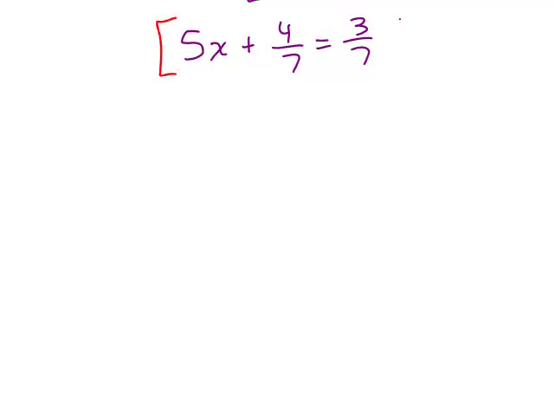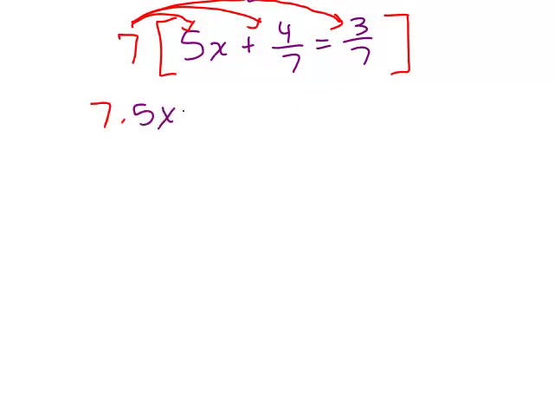And the way I like to do it is put brackets around the entire equation, and then I'm going to say what I'm going to multiply both sides of the equation by, but I'm only going to write the 7 once. And remember, I'm going to have to distribute that 7 to all of the terms here on both sides of the equation, right? You can't just multiply 7 on one side. So that gets 7 times the 5x plus the 7 times the 4/7 equals, and then I've got the 7